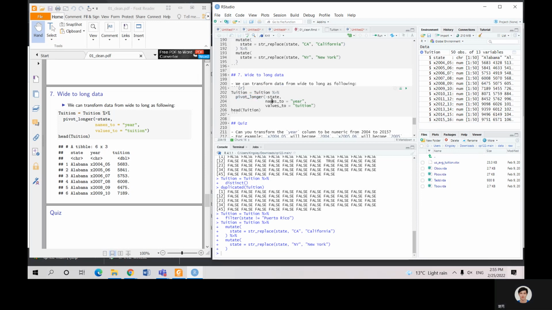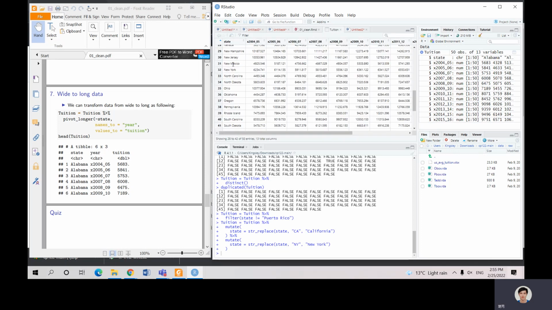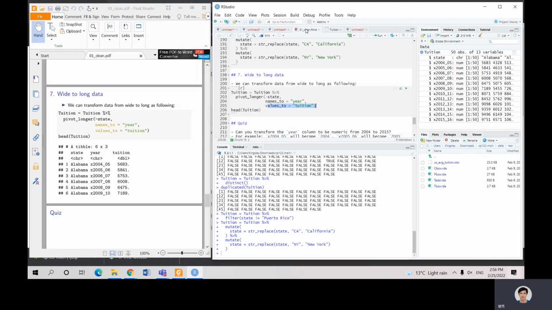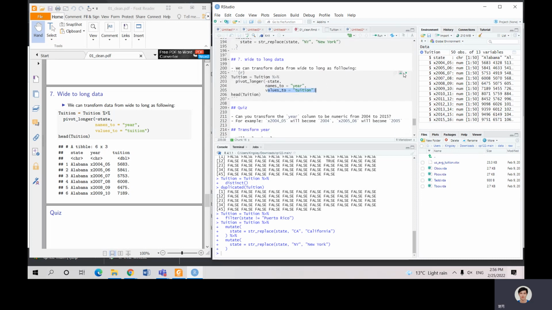And minus means we don't consider the state. Okay, so with minus, we only consider the year and the tuition. So the state you can see here, we keep it. We don't change anything here. We only change from the second column, right? And we change the data. Okay, so we click,